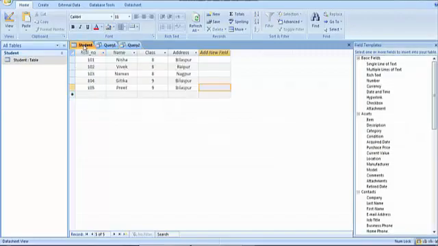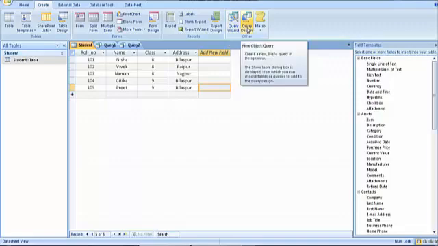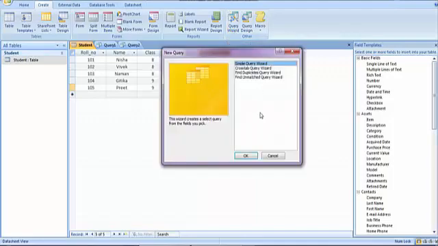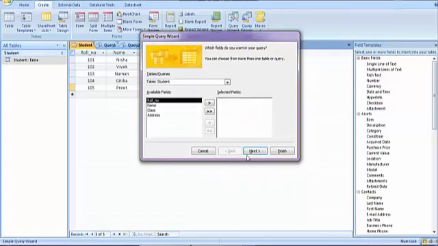Now as I told you in the beginning of this session, when we put the query, children, we have two ways: query design and query wizard. So query design we just studied. Let us go for the next option, that is query wizard. When I click on the query wizard, this dialog box will come which is asking me which fields you want to select.